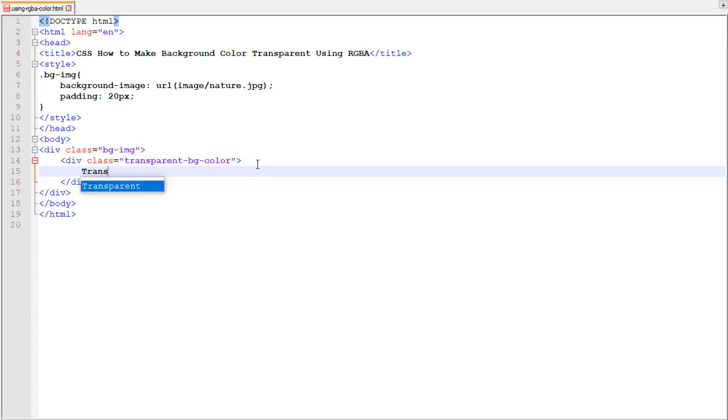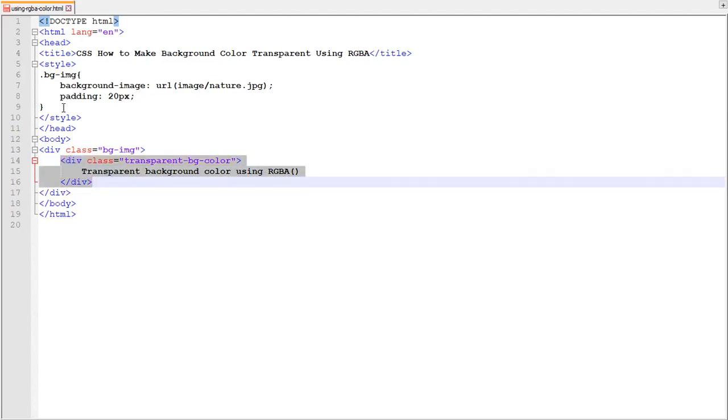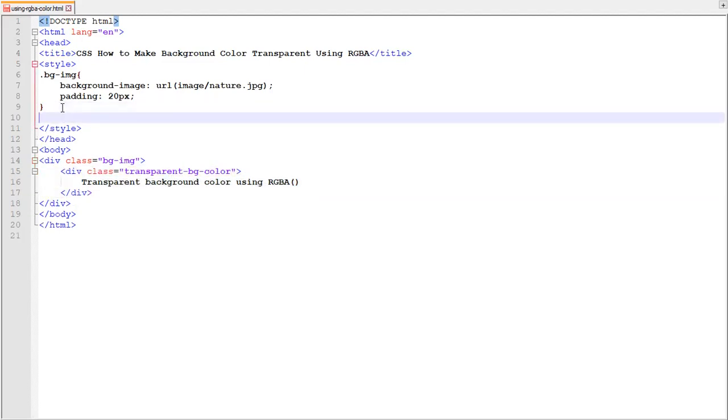Transparent background color using RGBA. Now add a background color to that div using CSS. Copy the class of the div to specify CSS.